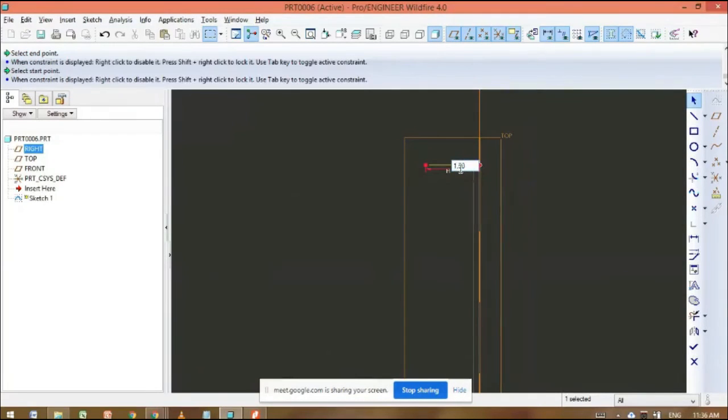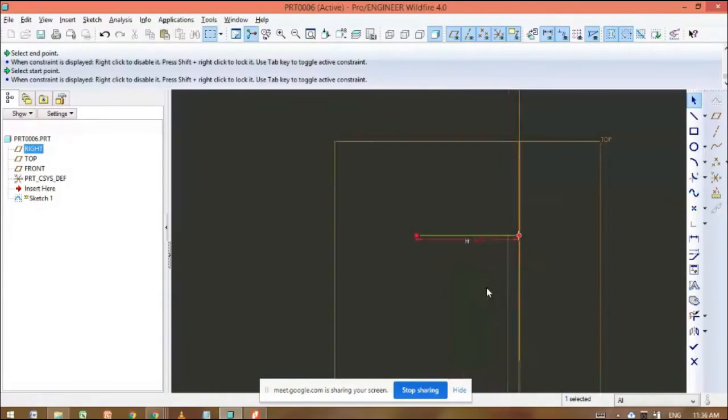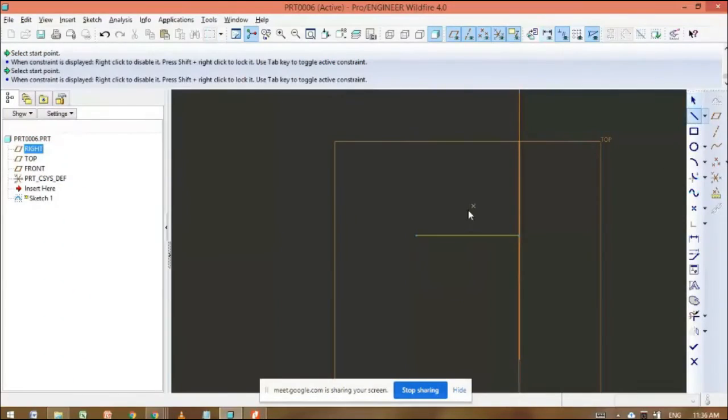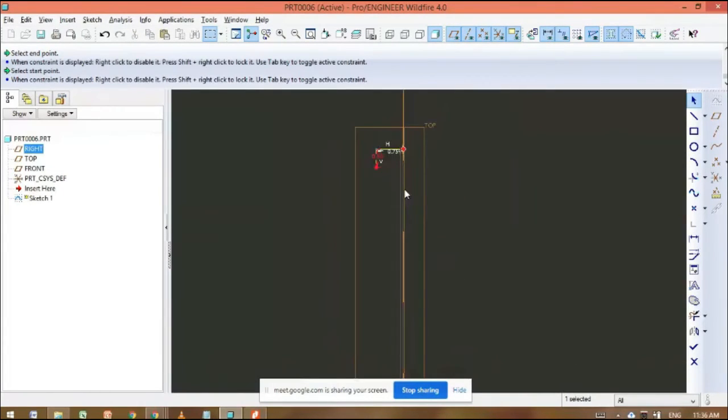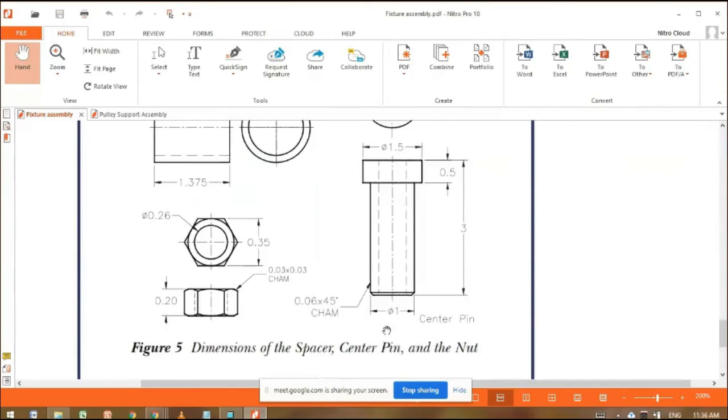Dimension divided by 2 becomes 0.75. Then this height 0.5. Line, 0.5. Double click. Then there is, see, 1.5 minus 1, it becomes 0.5.